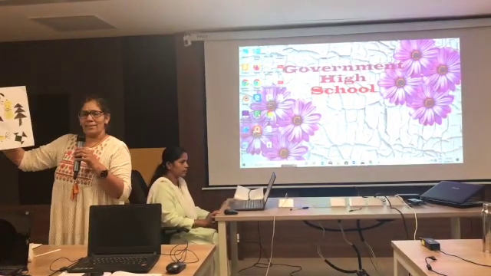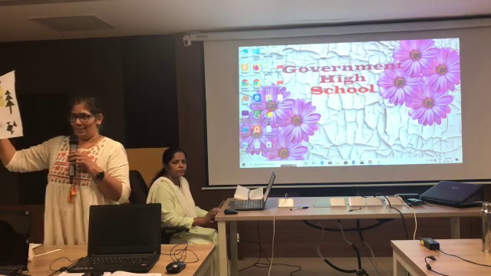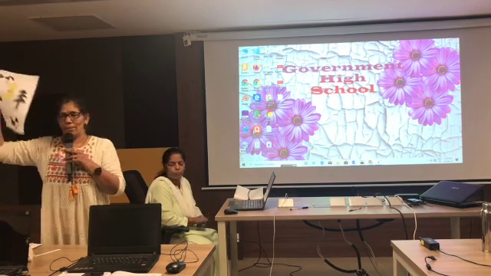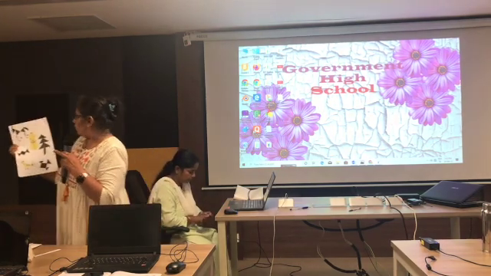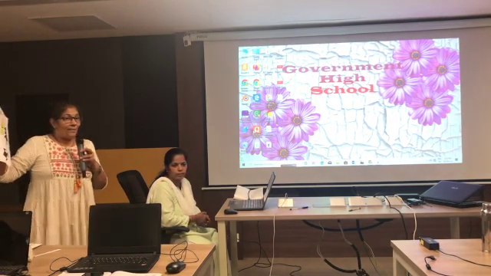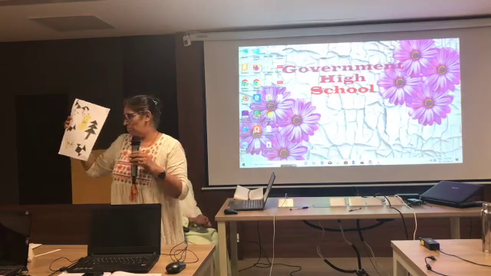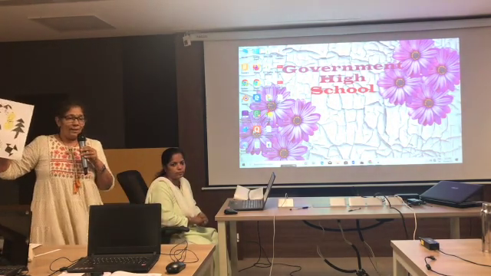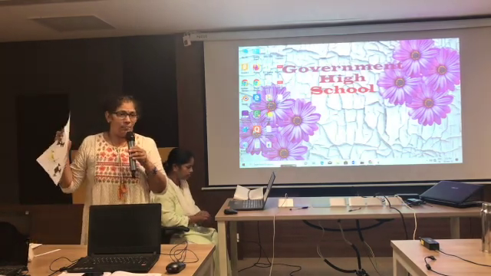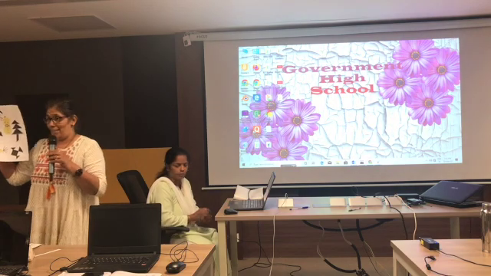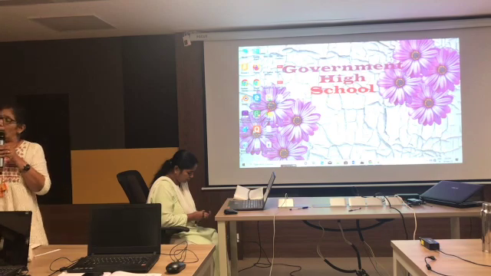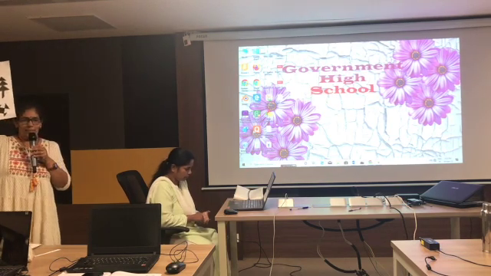So while creating this, what did you do? Suppose I want to create this chocolate. How many shapes did I use? Two. And what did I do with those shapes? Correct. We turned them, that means we rotated them. Then we changed the size. Correct? So by doing all this, we have created these shapes, isn't it?